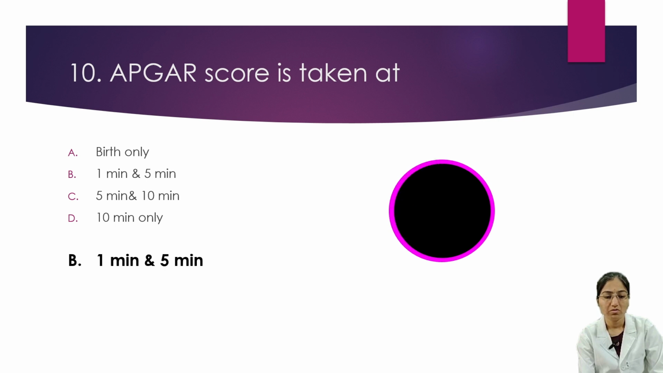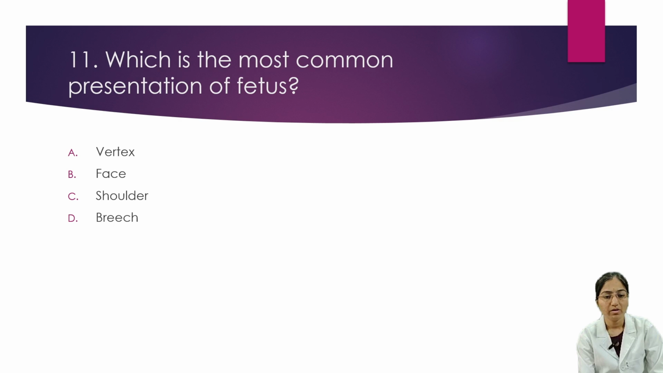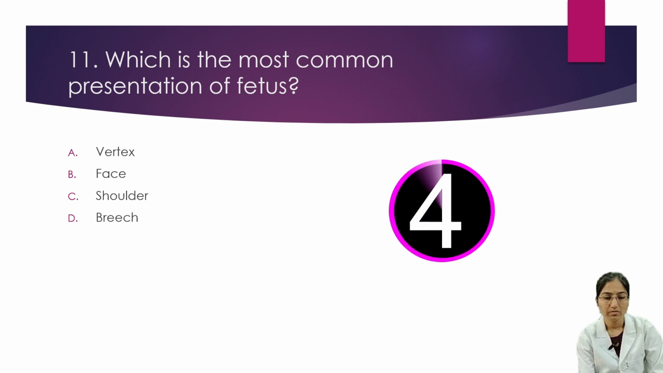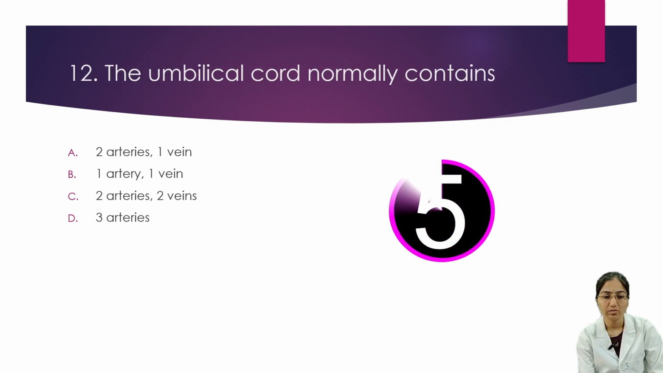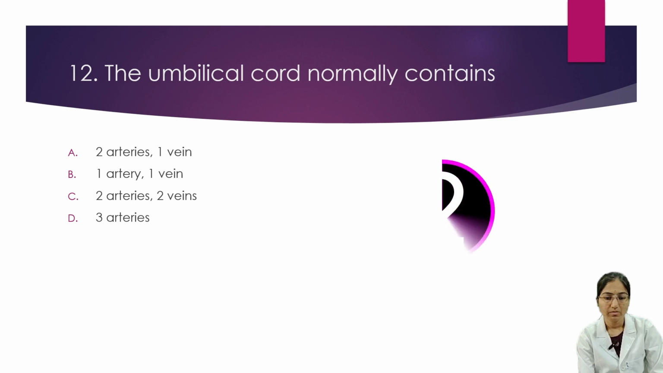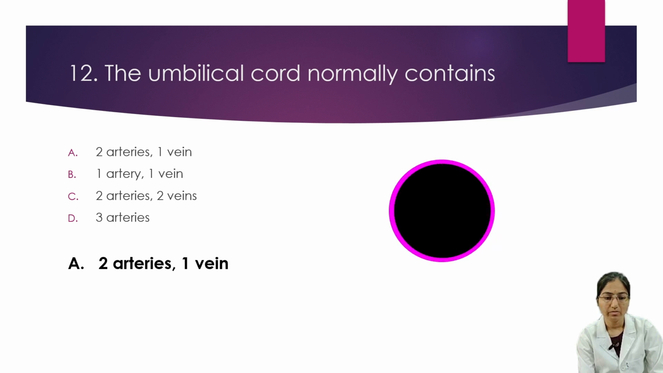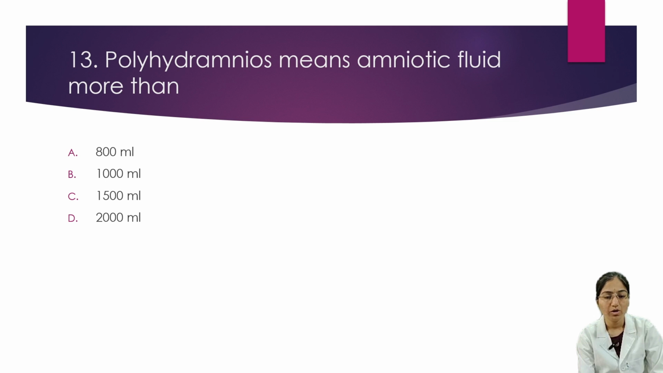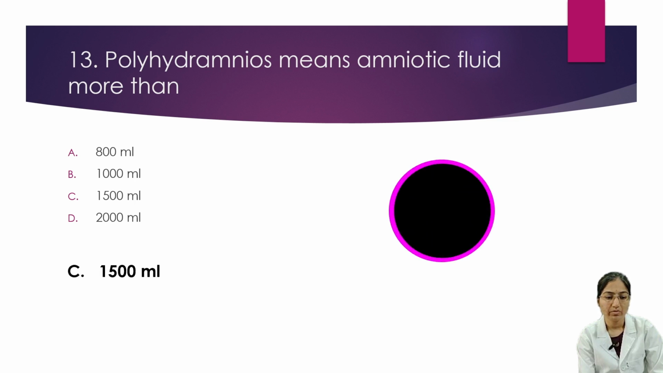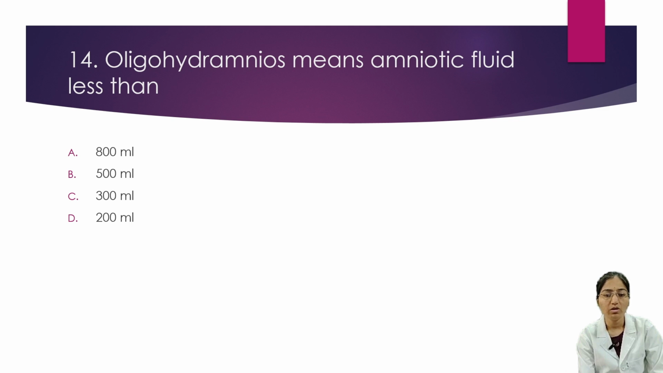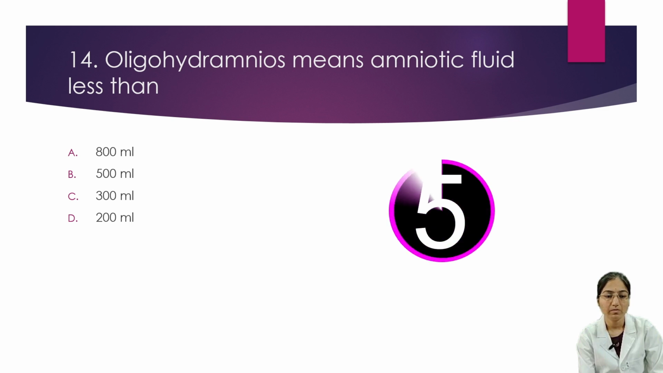1 minute and 5 minutes. Which is the most common presentation of fetus? Vertex. The umbilical cord normally contains two arteries, one vein. Polyhydramnios means amniotic fluid more than 1500 ml. Oligohydramnios means amniotic fluid less than